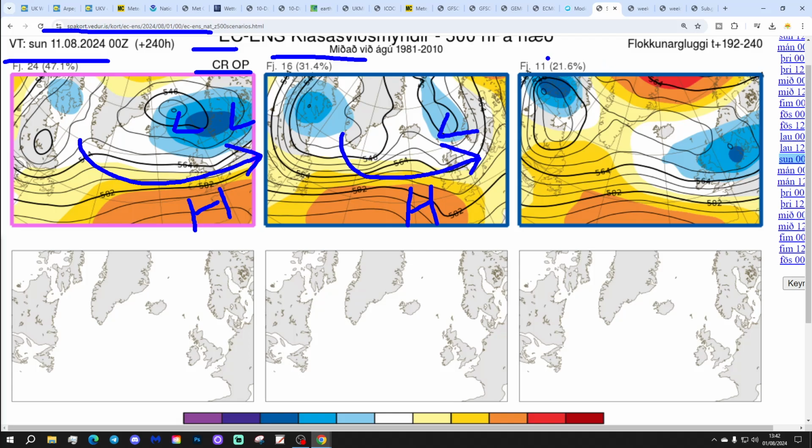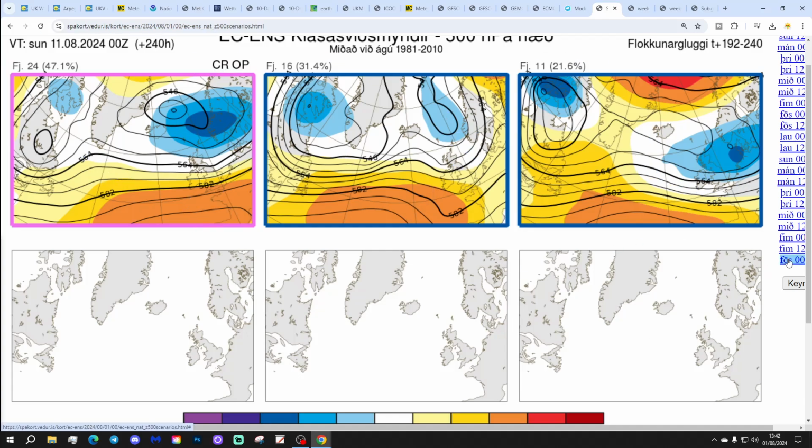Bit drier by myself. And then we've got 11 with low pressure over and to the east of the country, some sort of ridge in the Atlantic, and so possibly a bit on the cool and showery side with those 11 too. And then in 2 weeks' time,